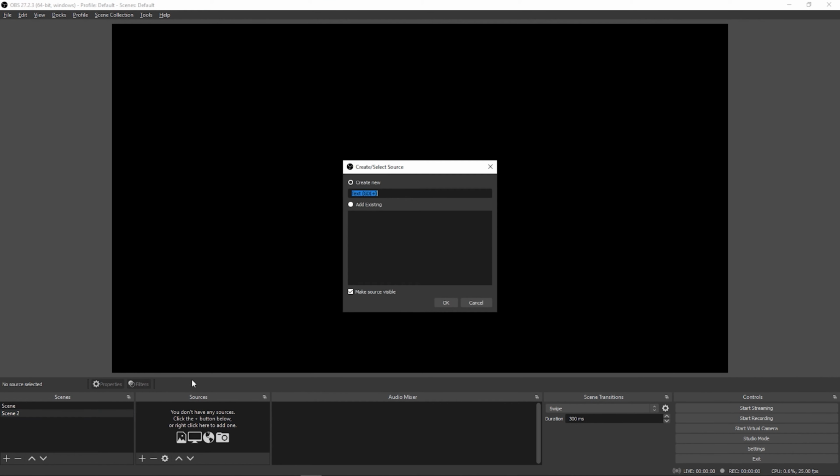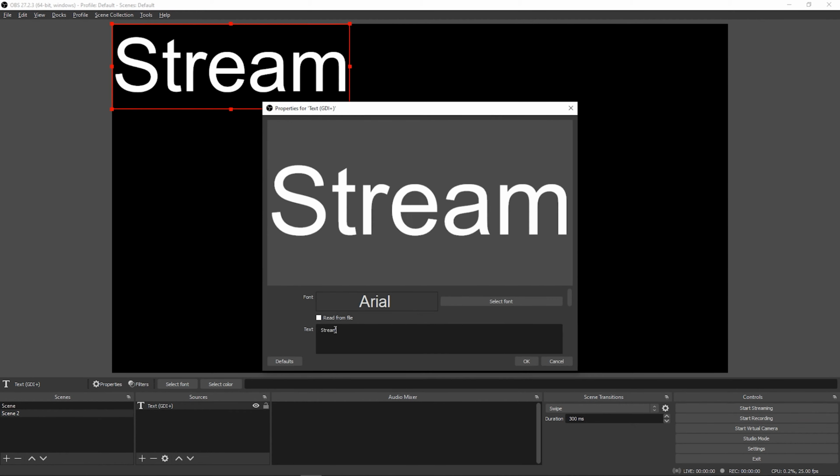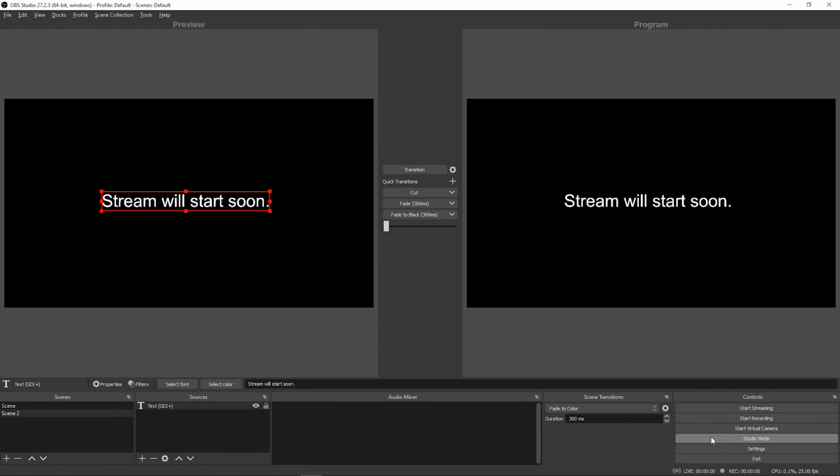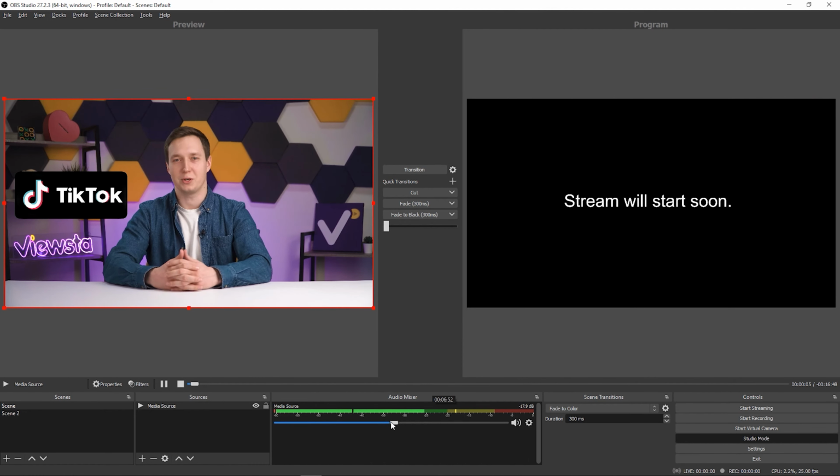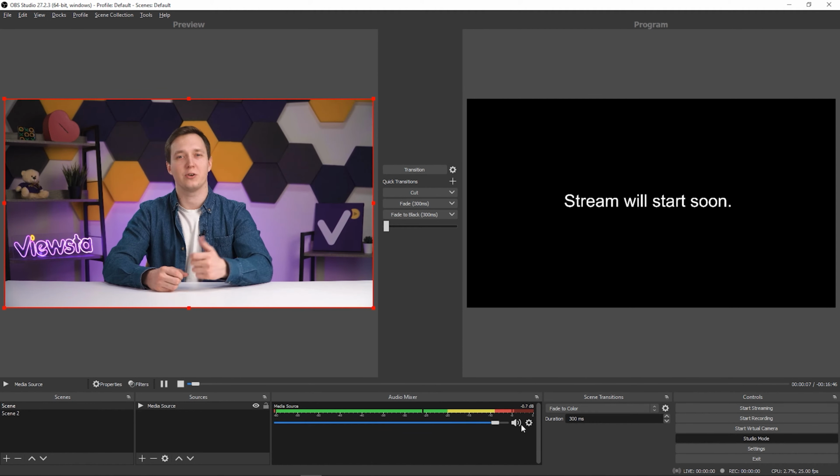Is it possible to preview the sources and scenes before actually streaming? Well, of course, you could actually do that in studio mode. You'll find it in the controls column, which will be the last one. Using this mode, you can preview the sources that you choose and create scenes, see how it looks and make changes. In the third column, which is an audio mixer, you can change audio parameters, set noise suppression, gain and